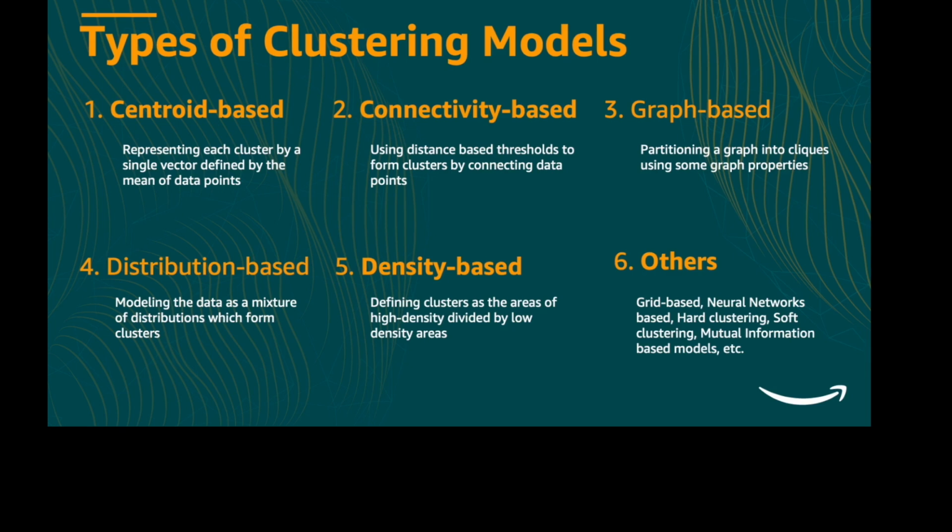As opposed to that, there are probability based clustering methods, in which a point can belong to multiple clusters. So a single data point can belong to cluster A with 0.5 probability, it can belong to cluster B with 0.3 probability, and so on. In these methods, the main idea is to first do the density estimation for each cluster, and then for each data point, the probability of it belonging to each cluster is obtained. Gaussian mixture model is one of the popular examples of distribution based methods.